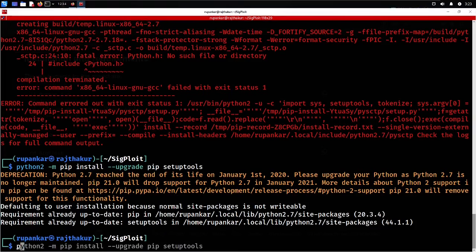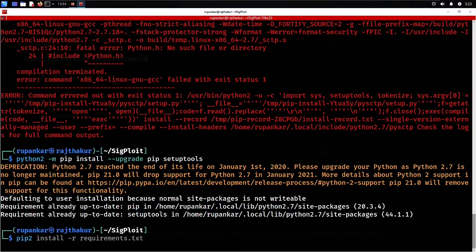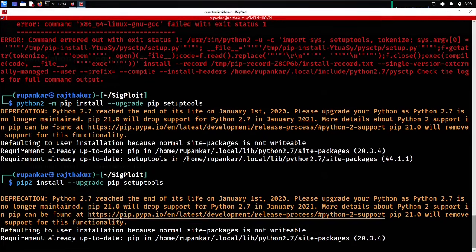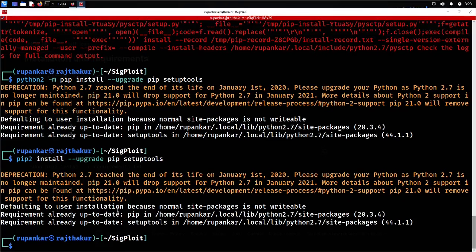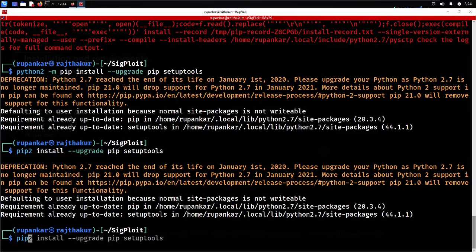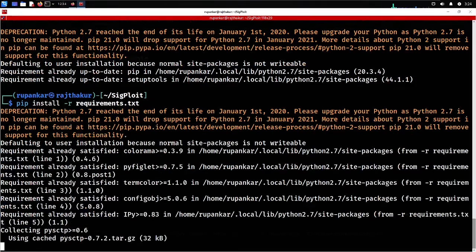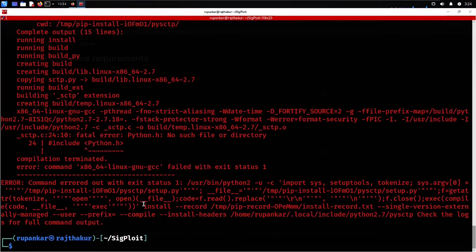So I will be doing pip2 install, and let me do the upgrade also. Previously we upgraded pip and setuptools, and I will upgrade it again. So now all the things are updated. Let's do the pip installation of the requirements, and hope it will work fine. So pip install -r requirements.txt, and now the requirements are being installed, and termcolor is not happening over